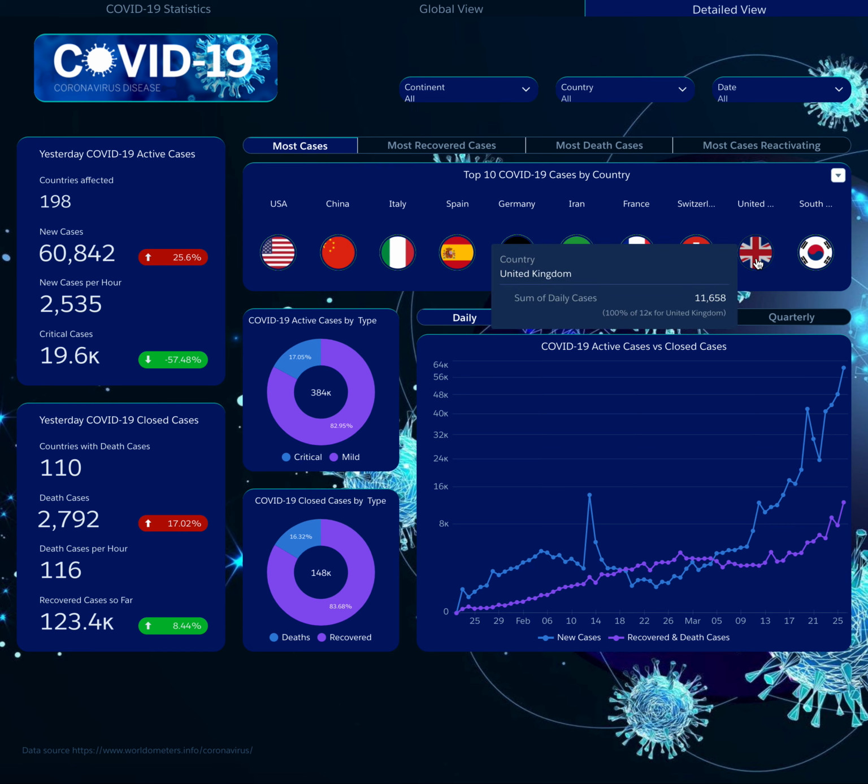A very interesting one is most cases reactivating, and here Canada takes the lead. So Canada has, at some point, if we look at the graph below, Canada had at some point 600 new cases on 23rd of March, and then 310 cases of recovered plus death. The next day,